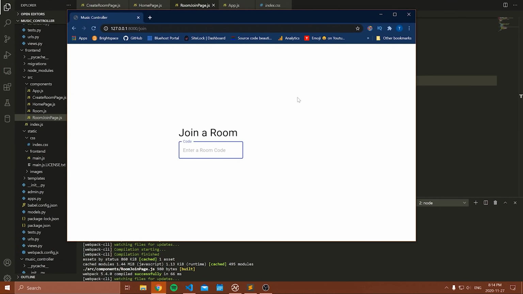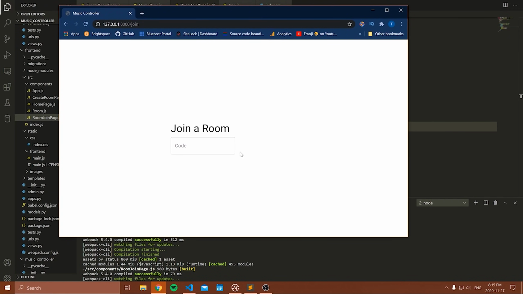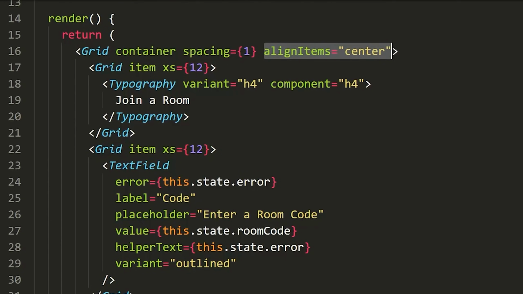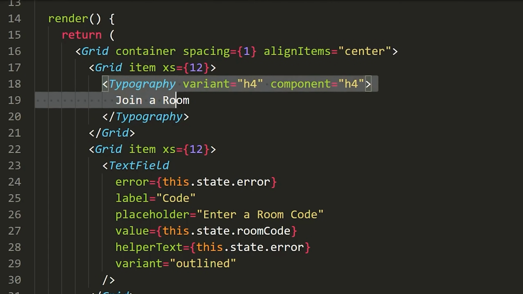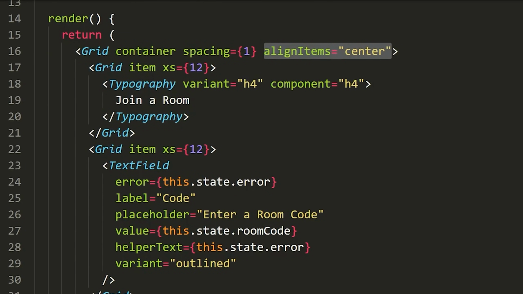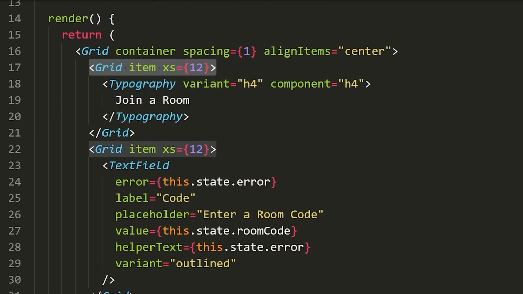And now let's continue. So actually on second thought here, I'm having a look at this and I'm realizing that it's not really in the middle of the screen. Have a look at this, it's kind of shifted to the left. And I'm realizing that the issue is that we have this align items that I was kind of hoping was going to work for all of the items inside of these grids, but it turns out it's not. Now, I think the reason it's not working is because it will align these grids, but the items inside of these grids aren't going to be aligned.